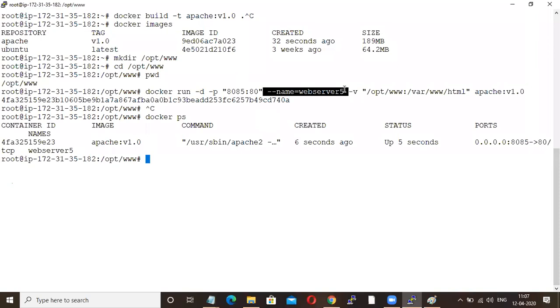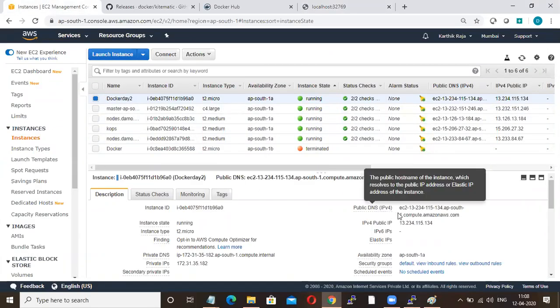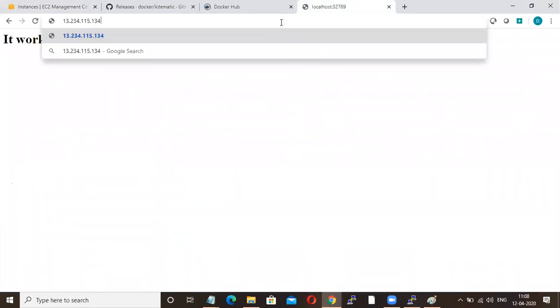This is the name of your container. -v is volume. This is your local volume. This is your container volume. This is your image name.